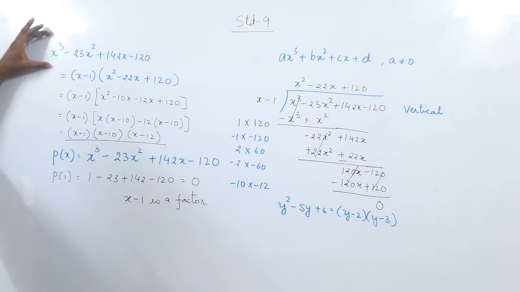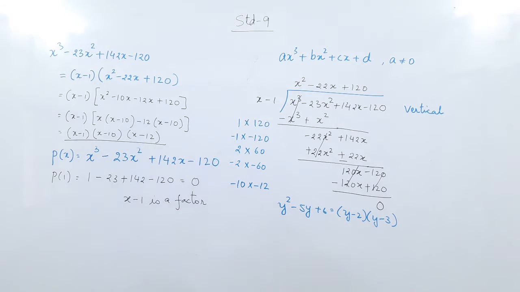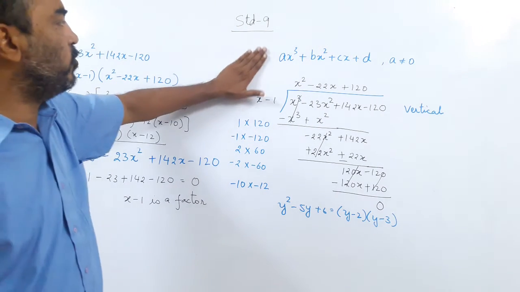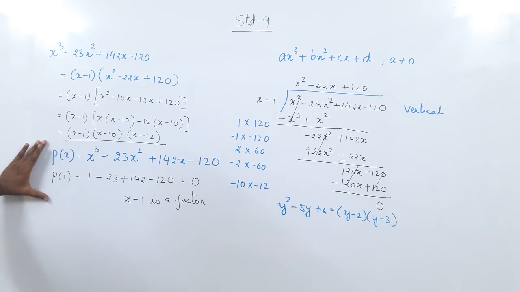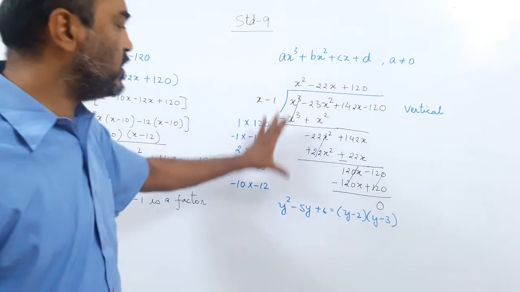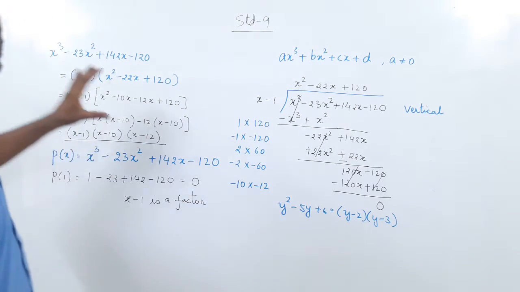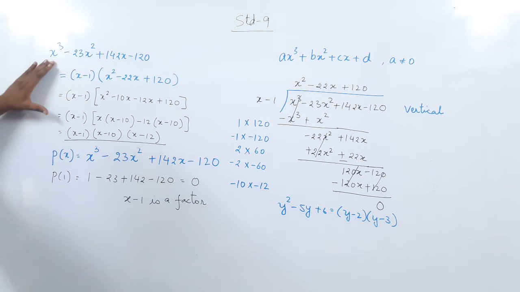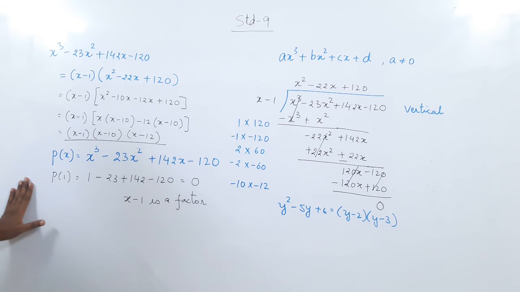For solving a cubic polynomial, the step 1 is, so have you followed this? So this is how we factorize a cubic polynomial. What is the step 1? The remainder theorem. By trial and error we find which is a factor. After the factor comes the long division method. After the long division method comes splitting the middle term. So this sum is broken up into two steps.